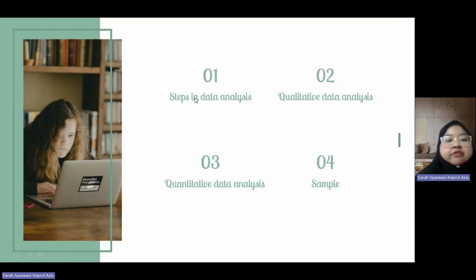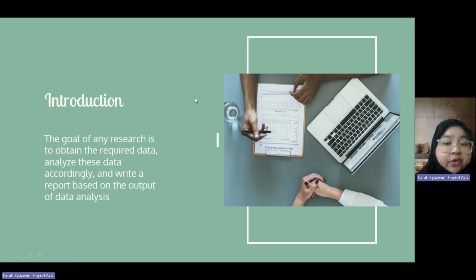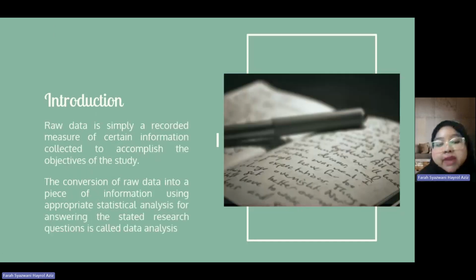All right. So for introduction, the goal for any research is to obtain the required data, analyze this data accordingly, and write a report based on the output of the data analysis. So raw data is simply a recorded measure of certain information collected to accomplish the objective of the study. The conversion of raw data into a piece of information using appropriate statistical analysis for answering the stated research questions